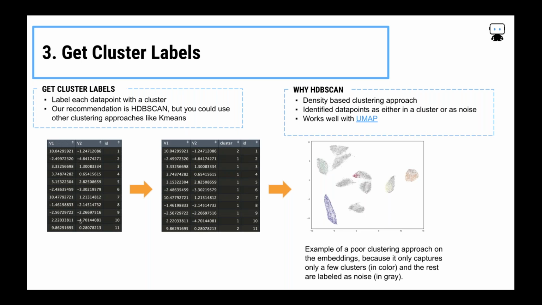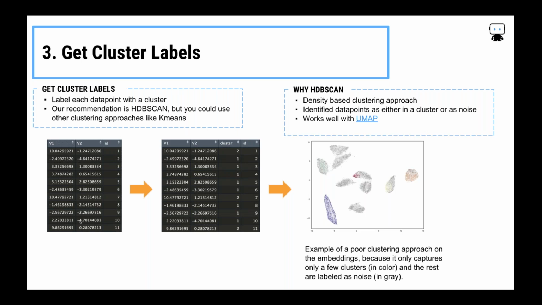Okay, on 3 with getting the cluster labels. At this point, we've reduced our dimensionality and we've run our clustering algorithm. And now we simply want to assign our cluster labels back to the data so we can analyze, right? Now, if you look at our data set here, each row is still a prediction, but we have our reduced dimensional values associated with it. But we also have mapped back our cluster labels that it was assigned to.